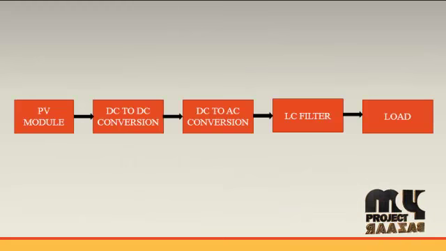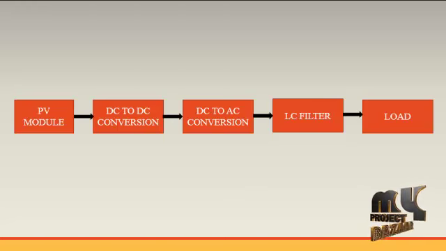Next we see the flow diagram of our product. In this proposed flow diagram, the input source is a PV module. The PV module is nothing but a solar array panel. The solar array consists of a number of solar cells connected in series or parallel. In this implementation, the solar cells are connected in series, and each array consists of 6 solar cells. Totally 12 solar arrays are connected, and the panel consists of 72 solar cells in total, and also the output of